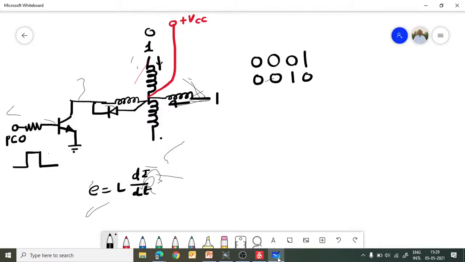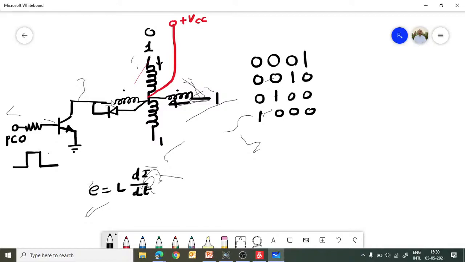After that we will activate this winding, so for that our sequence will be 0100. And then at last, the last winding we will activate. In that case the current passes through the fourth winding, so the fourth winding would be 1 and the remaining 3 will be 000, like this. So essentially we start with this winding, and then this, and then this, and then the sequence will be repeated again. In this way your motor will rotate in a clockwise direction.